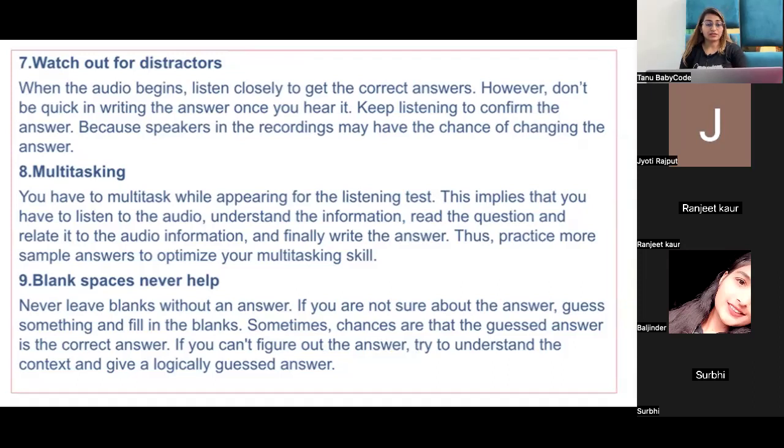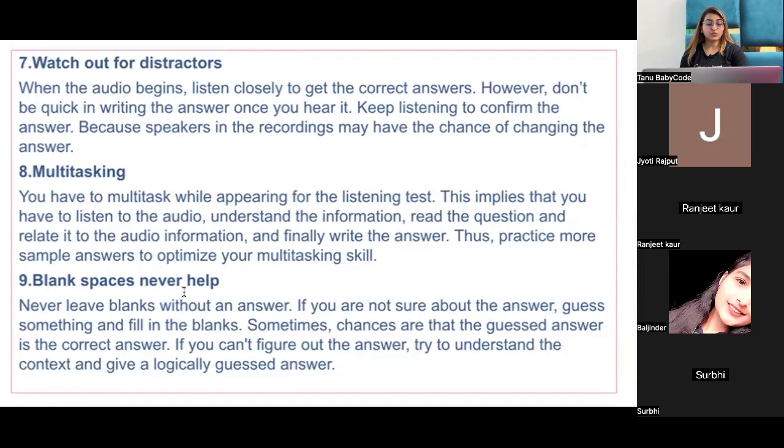Next is multitasking. You have to multitask when you are preparing for the listening test, because here you have to listen to the audio, you have to understand the information. यहाँ पे आपको question को भी read करना है, अपने information को relate भी करना है, right? और finally आपको एक correct answer लिखना है. So practice more. लिसनिंग मॉक टेस्ट की ज्यादा से ज्यादा प्रैक्टिस करो so that you can develop this multitasking skill,